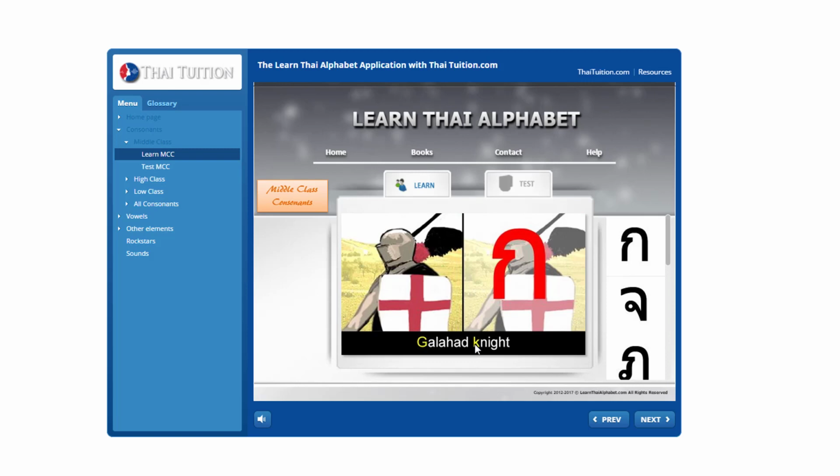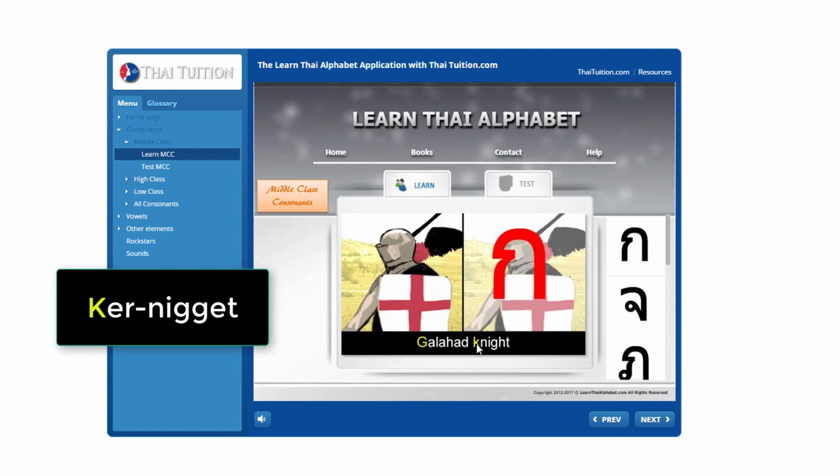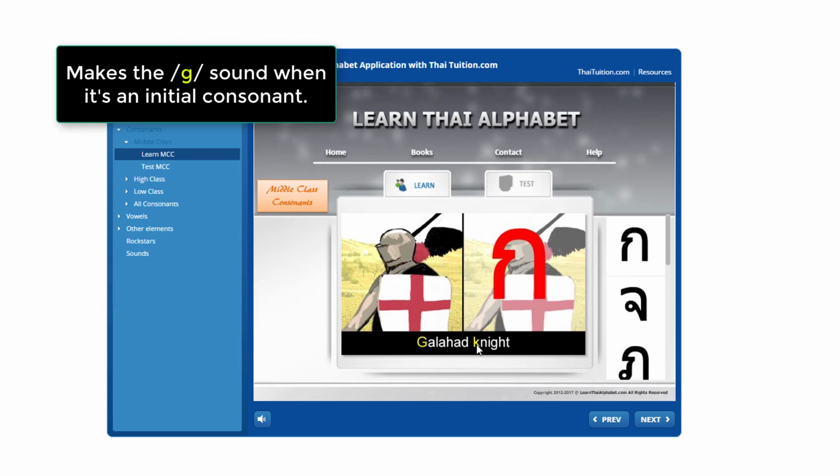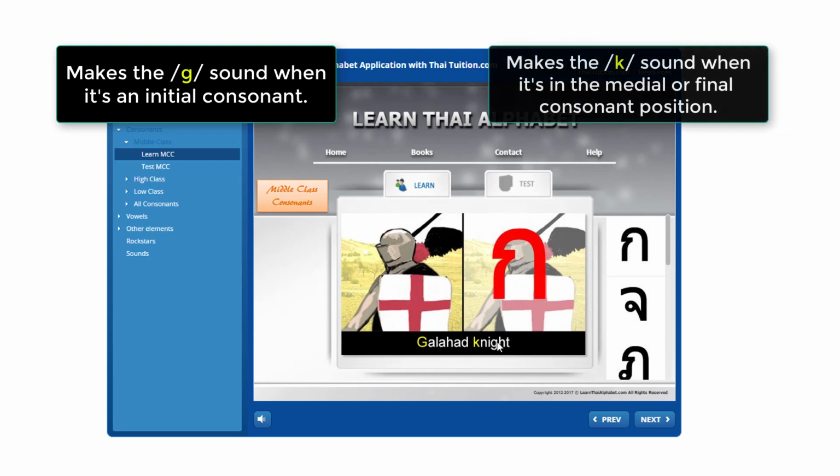Now the highlighted letter in the second word is the sound that this consonant makes when it's in the medial or the final position in a syllable or consonant. But it doesn't actually make the N sound. There's a silent K in this particular word, isn't it? If you think back to Monty Python and the Holy Grail, this is the Knigget, Galahad Knigget. So it makes a G sound when it's an initial consonant and a K sound when it's in the medial